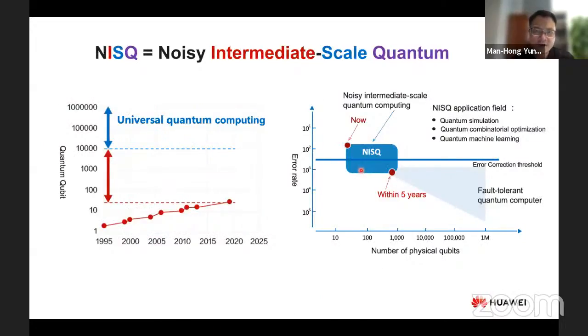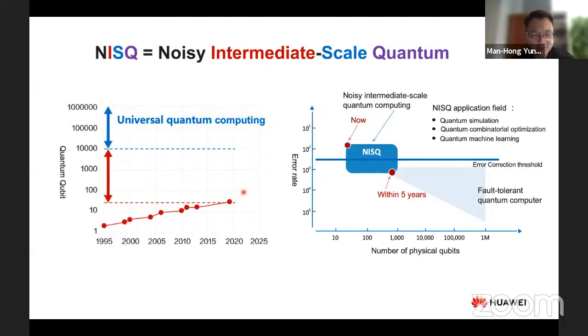If we go back to look at the trend, it is reasonable to believe that maybe by the end of this year or maybe next year, we are going to have like 100 qubits. We won't be surprised to see such a development, because there's no obstacle in